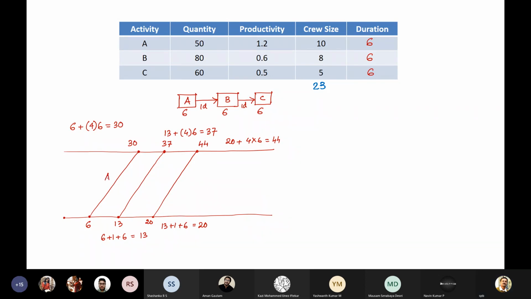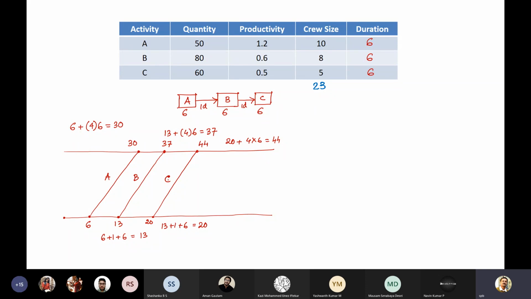Okay. A, B, C. So uniform time is always, I mean, more or less uniform. You may not get uniform time always. More or less uniform time with 23 manpower can give you the reduction in the time. That is the only thing we understand from these two particular exercises. So I have not changed any quantity.